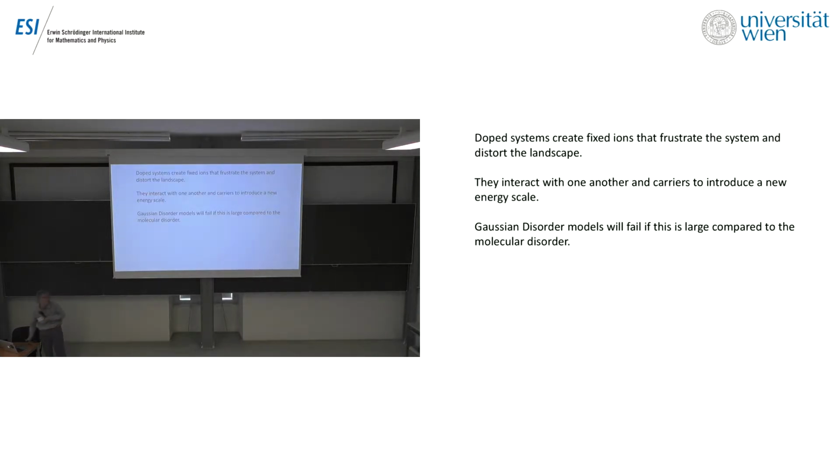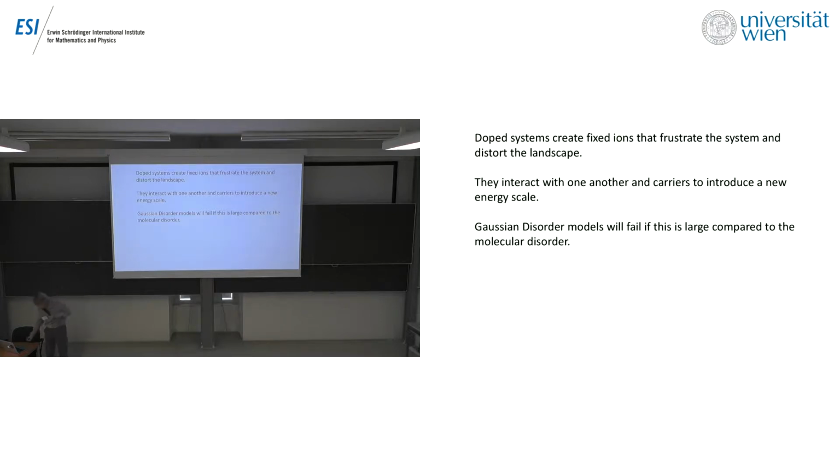So this is really just summarizing what I've just said, so I won't. The point is, again, just to stress, the doped systems create these fixed ions that frustrate the system, distort the landscape, and in the process, they create a new energy scale. And so the whole point of going to all this effort and computing time is that the Gaussian disorder models simply don't work when you've got this new energy landscape